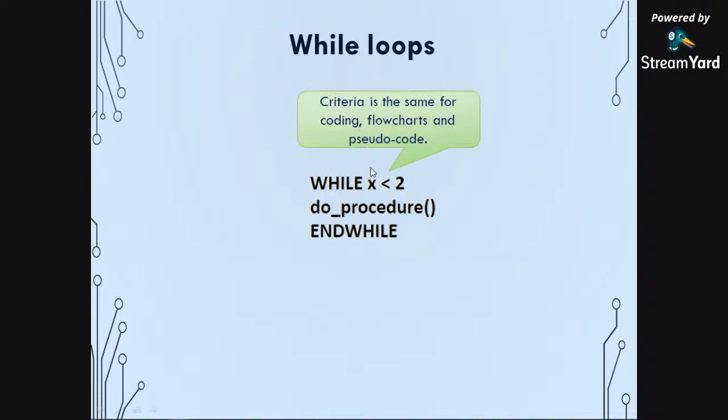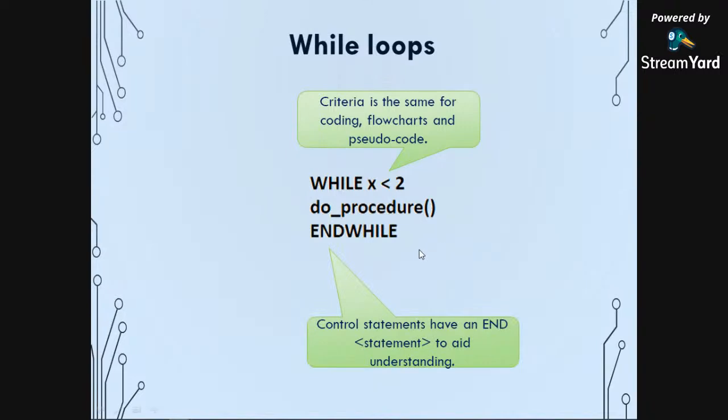Now, the criteria is the same for coding, flowcharts, and pseudocode. So your x is less than 2. They're all the same. The criteria is the same. Your control statements, again, need to have your end statement, end while, to make sure it's clear when this while